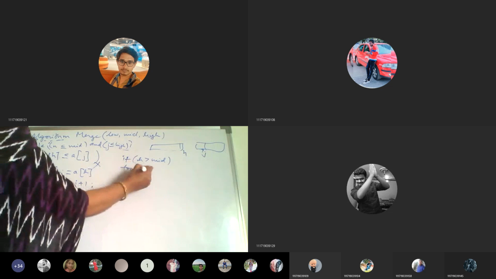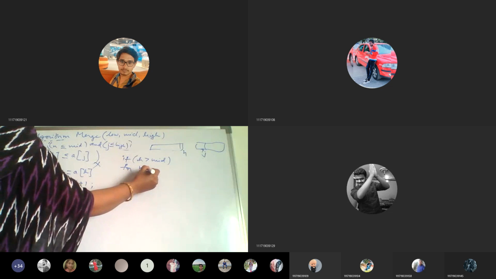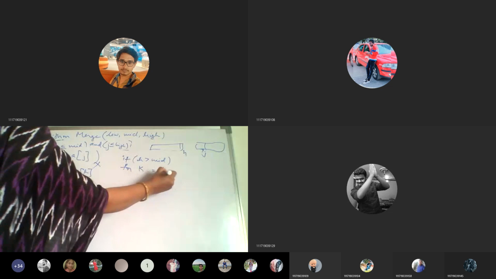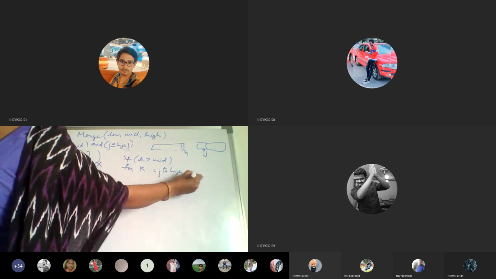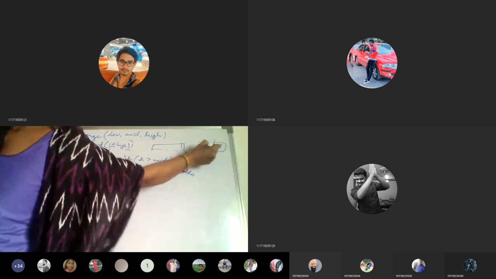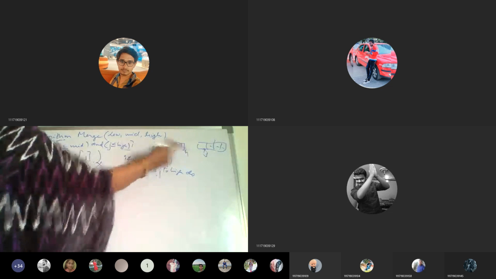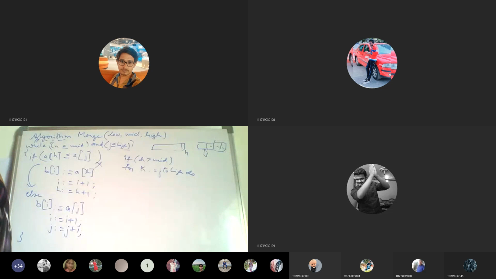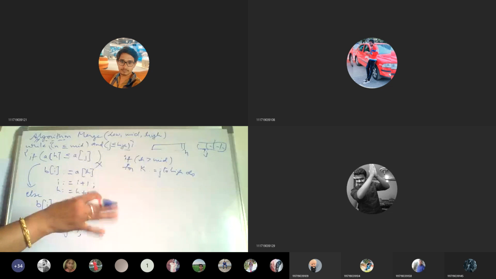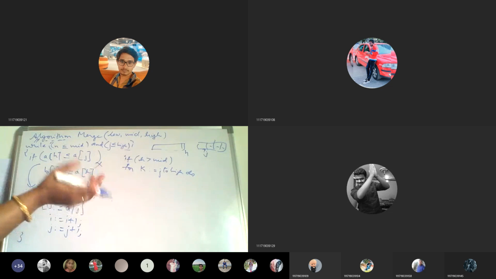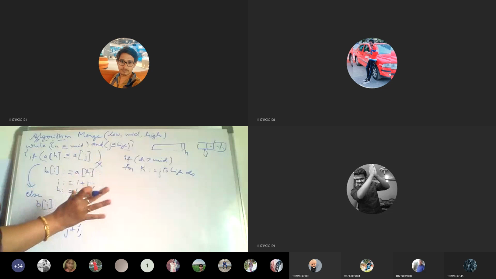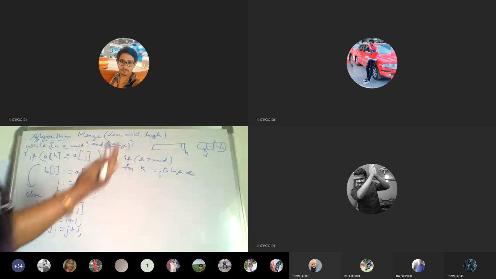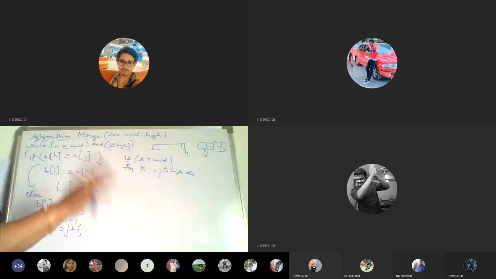We are taking one more pointer: for K is equal to J to high do. So still there are some elements here. This sublist is over. When we are writing the algorithm, it has to cover all the cases. It won't be just the example we have taken. Sometimes only the first list elements will be smaller, so they will be copied, and the second list elements will be left over.